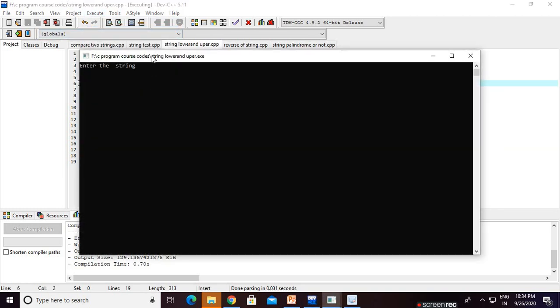For example, take small a, capital A, D, capital A, small a. I will take the input as just haphazard, random, sometimes lowercase, uppercase, lowercase, a mix. Now click on enter. After conversion to lowercase, if you observe, all characters are converted to lowercase. And next is upper, sorry, it is my mistake in the print. But if you observe correctly, all characters are converted to uppercase. Okay, this is the main thing.